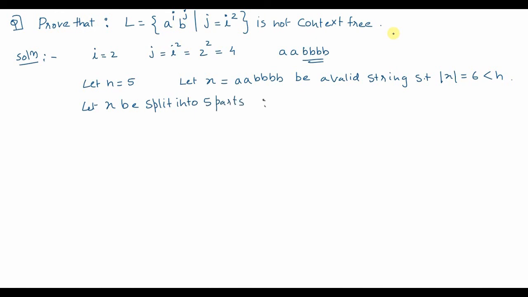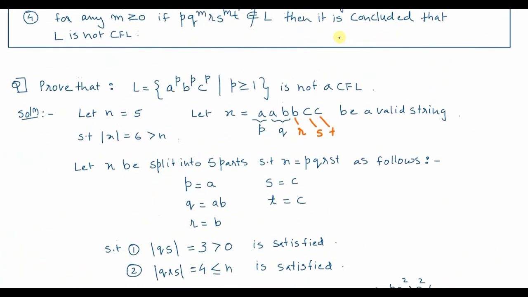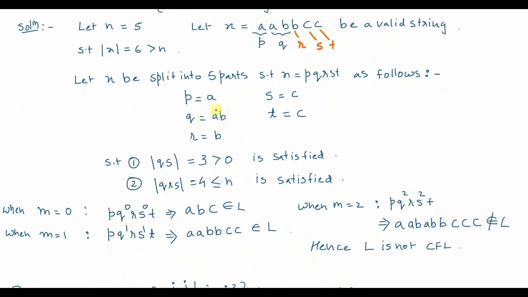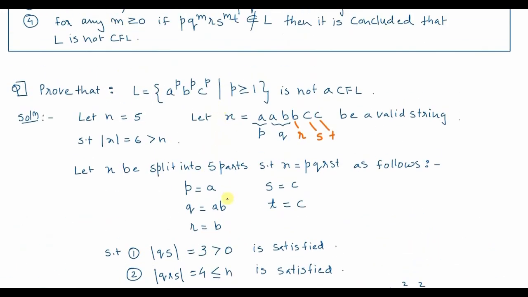What are the parts? Let us assume that p is this single a, then these two ab's are q, then this single b is r, this single b is s, and a single b is t. I'm just randomly doing it. Now in the previous problem also, the reason I had taken q equal to ab was because I knew that when this q is repeated 2 times, the sequence is going to change. It would be ab, ab, so that kind of string will be invalid, because here the sequence is very important.